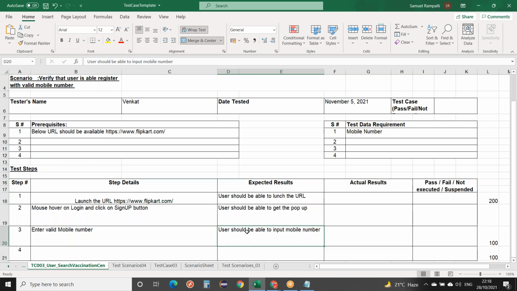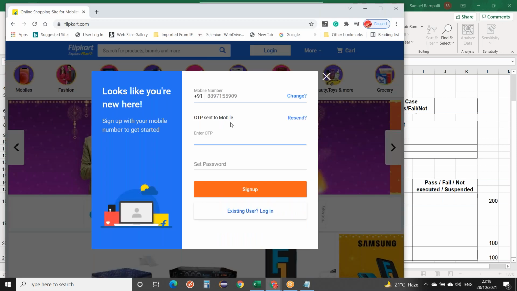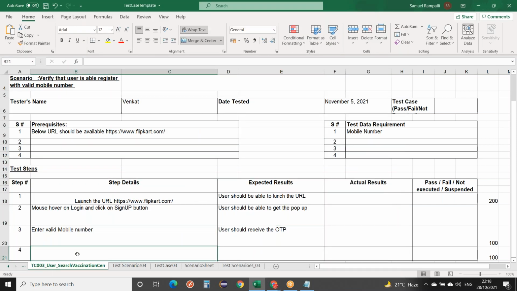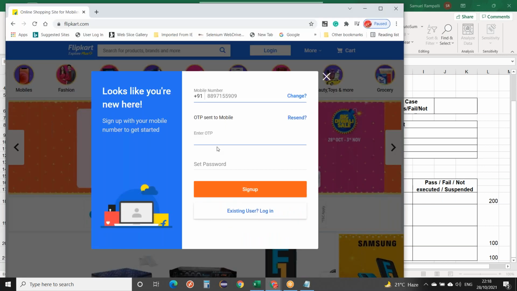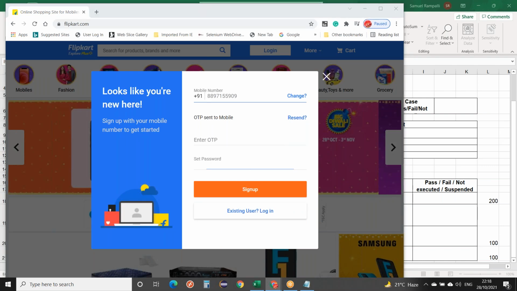So the more proper expected is: the user should receive the OTP. Then you will write: input OTP.